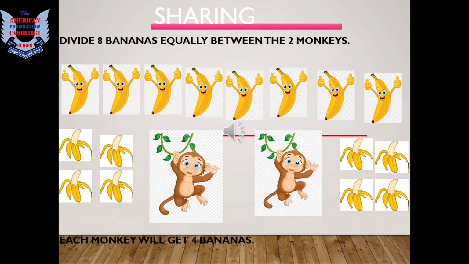In this example kids, we have to divide 8 bananas among 2 monkeys. As I have told you, while dividing we read the table of the smaller number. So let's read the table of 2 until 8 comes. 2 times 1 is 2. 2 times 2 is 4. 2 times 3 is 6. And 2 times 4 is 8. So we got 8 and we have to stop over here. It means each monkey will get 4 bananas. Simple. Now let's move on to the last slide of the presentation.